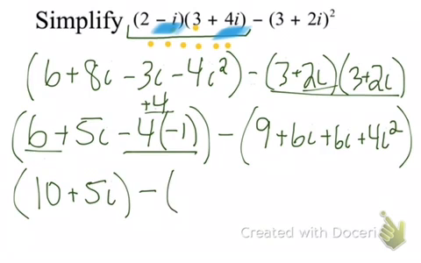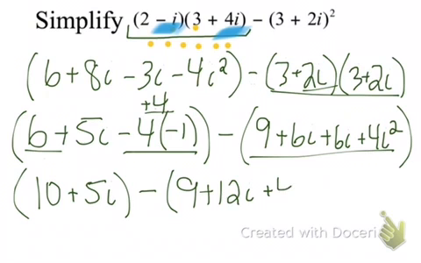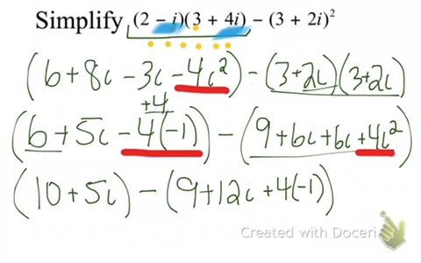Now, let's simplify this set of parentheses here. Minus 9 plus 12i, and then plus 4 times the negative 1. And you see, I think it's interesting to note the similarities and differences here. This was negative 4 times i squared, and over here we've got plus 4 times i squared. So, interesting to see how they look very, very similar, but one's going to turn out positive, one's going to turn out negative. So we've got 10 plus 5i